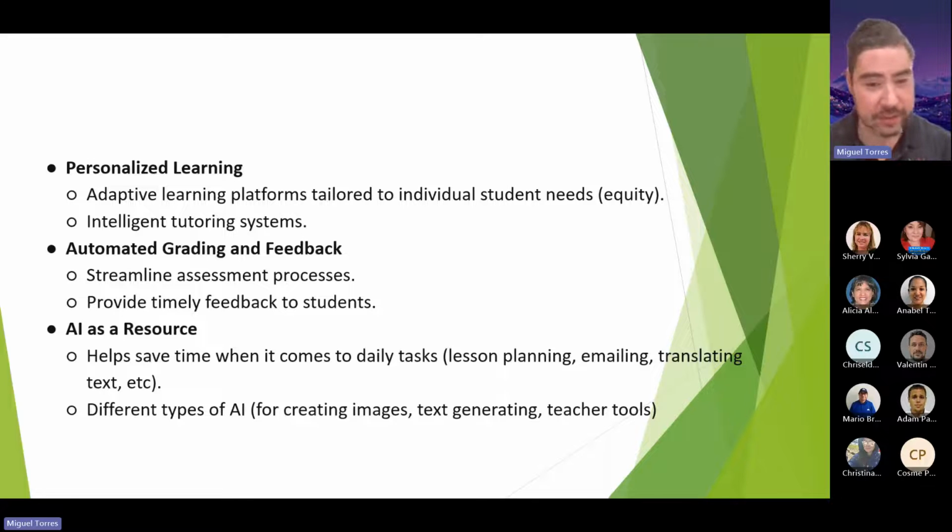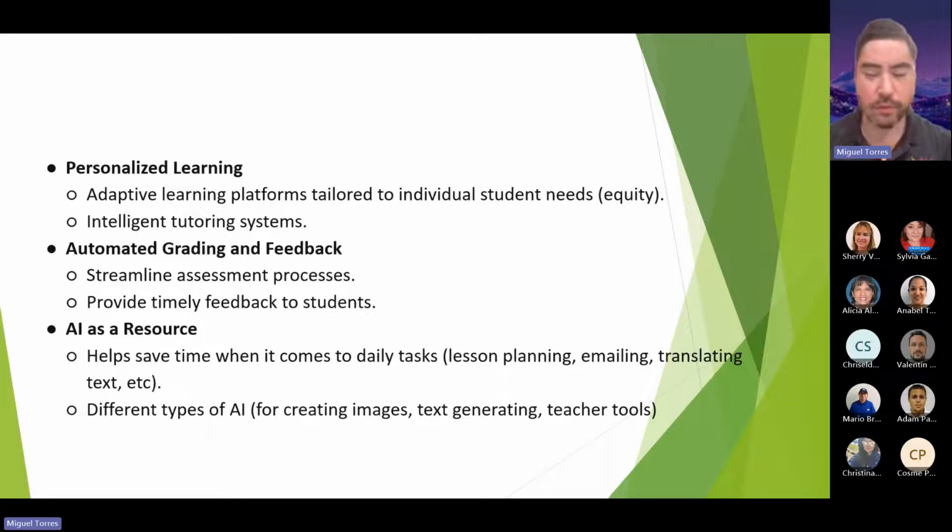You can use it as an entry ticket, an exit ticket. You can even use it as an assessment during the lecture. So you get automatic grading. So you don't have to go home. It saves you time. That's what AI is for. It's really there to help you save time.